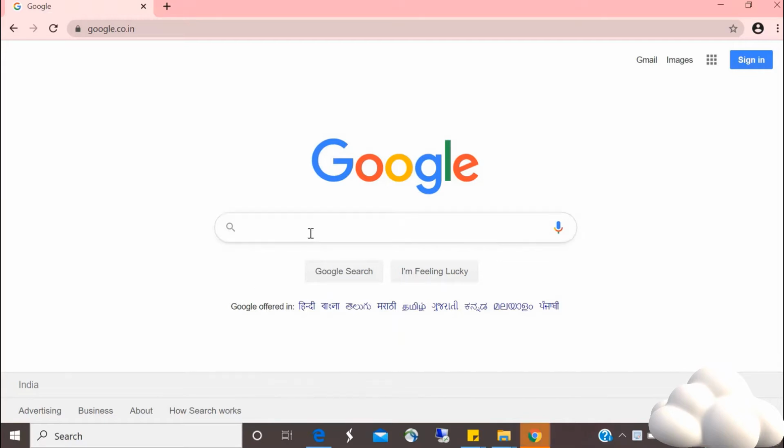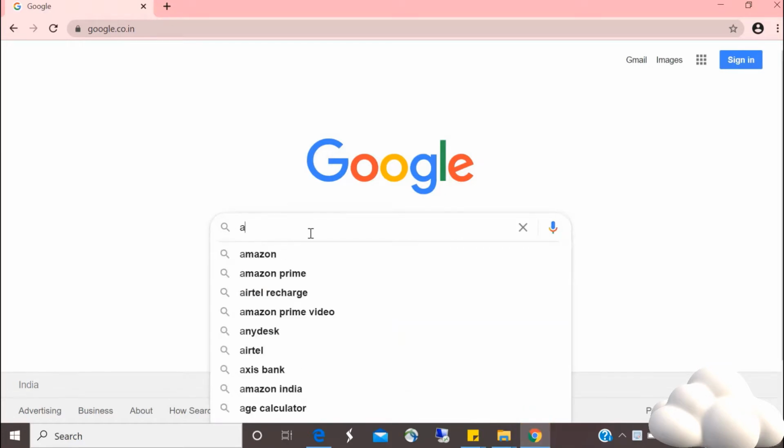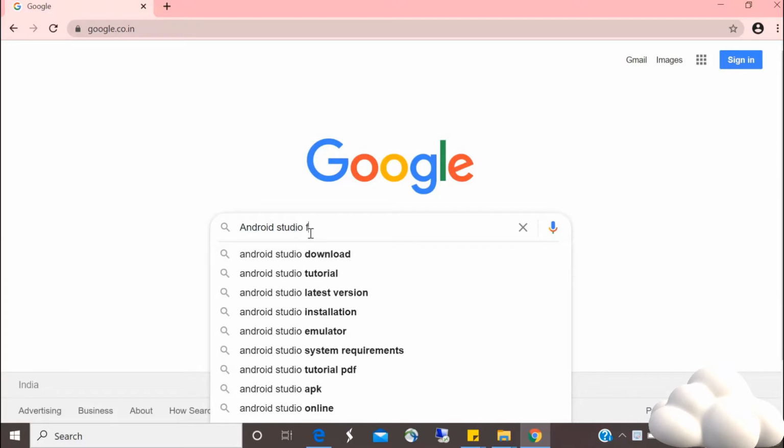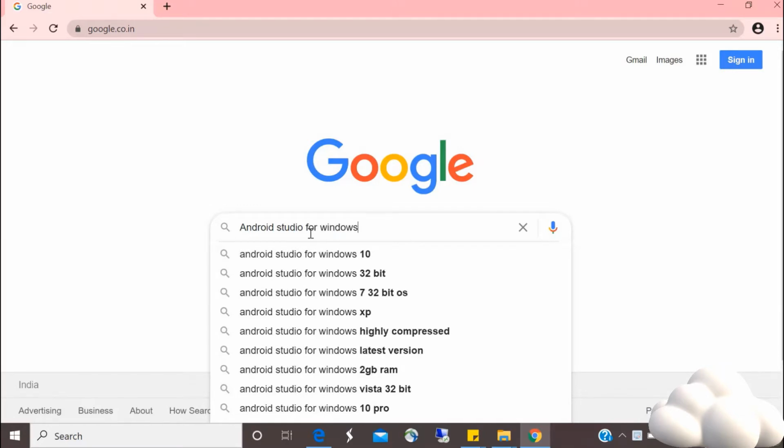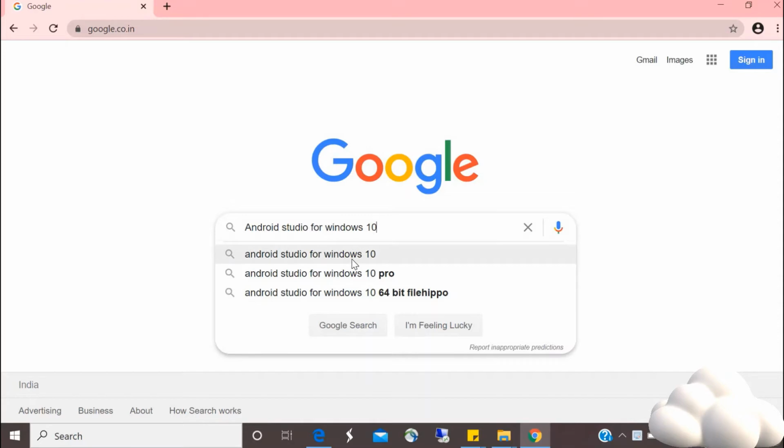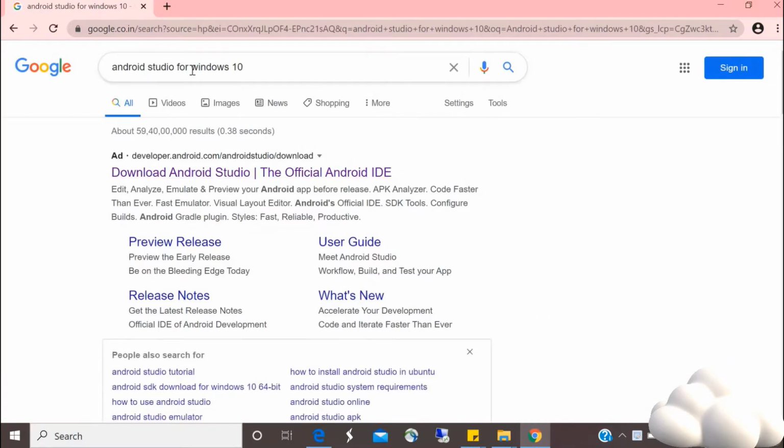So for that, first we need to have Android Studio software. We can also develop in Eclipse, which is similar to Android Studio, but still if you do it in Android Studio, it will be well and good. And there is a link called developers.android.com. In that